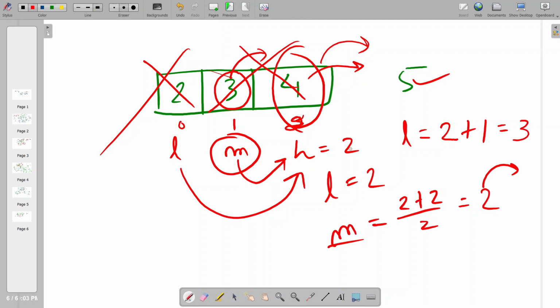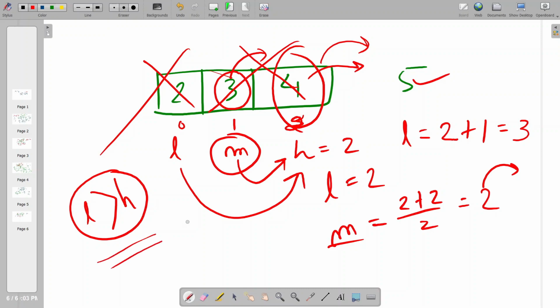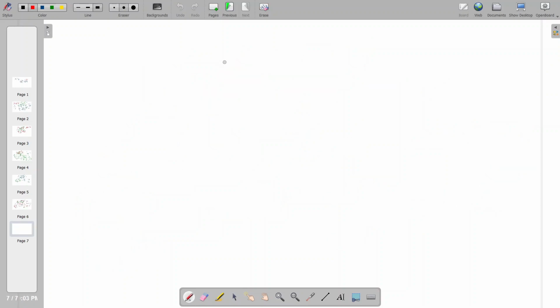Now this takes us out of the array. Okay, so whenever we get this condition, that is my low is exceeding my high, that means I have come to a situation where I'm not finding the element. In that case just break out of the loop, otherwise you will face some errors during runtime. So that is the edge case when we don't find an element. We can also see this example in this way. Not only every time deleting the left hand portion, we can also delete the right hand portion.